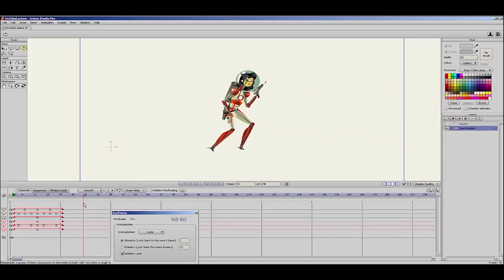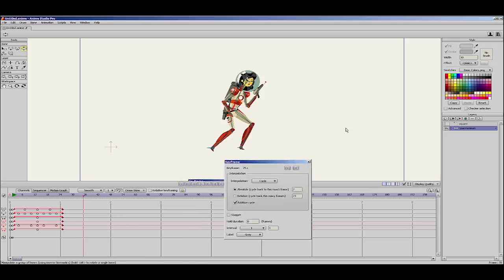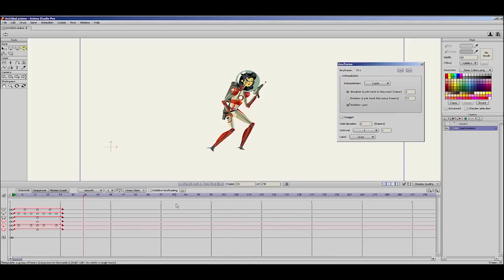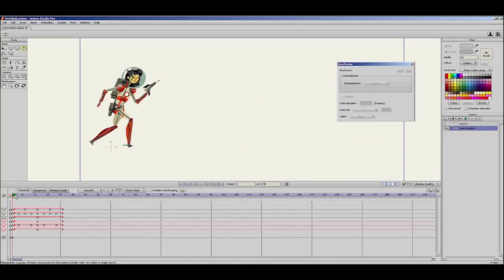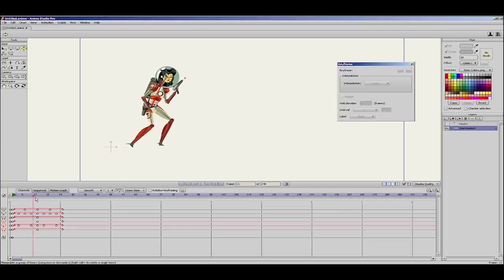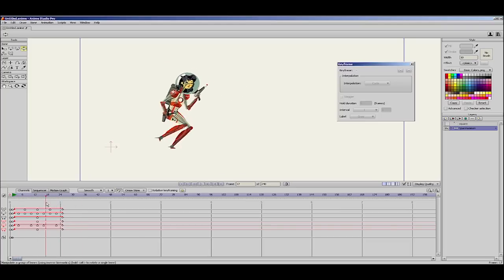So I don't need to move the layer, I don't need to adjust the speed or anything. And the good thing about this is that in this case the character is working at constant speed. So you have a very similar result than you could in previous versions. But the good thing about this is that I can create irregular